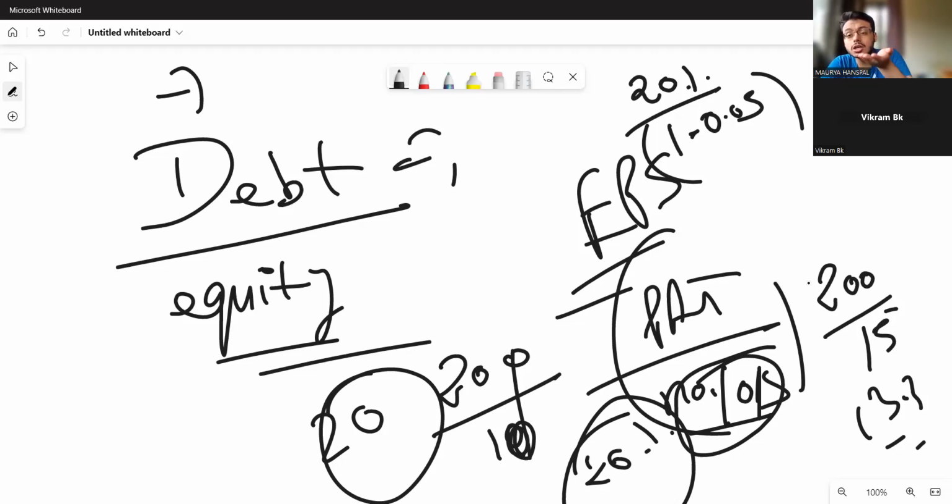Because more new shares are being taken up in the market, more new shares are being floated into the market. Okay, so this can affect the value of the equity shareholders. The equity shareholders might not be happy, right? When more debt is being raised, the debt holders are not happy because that tends to increase the riskiness of the firm, right? In both the scenarios, see, be it